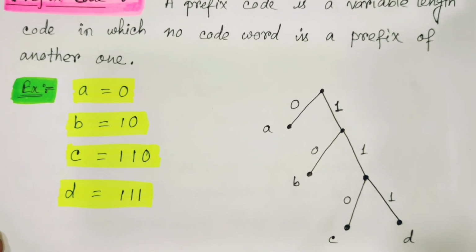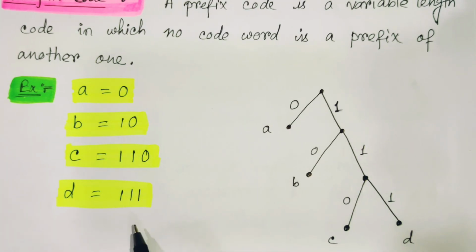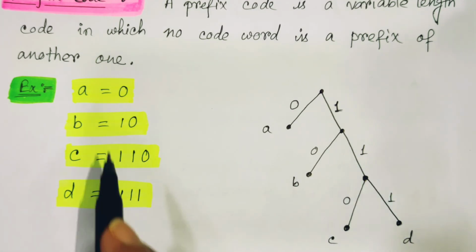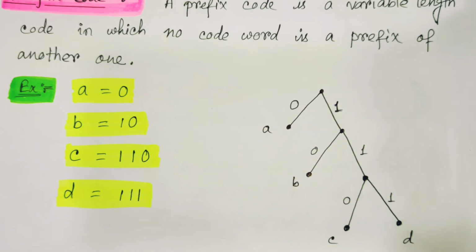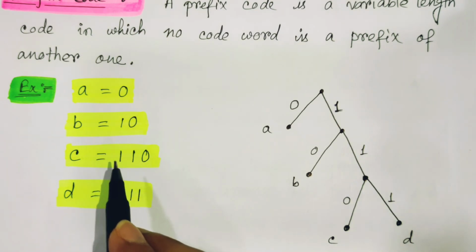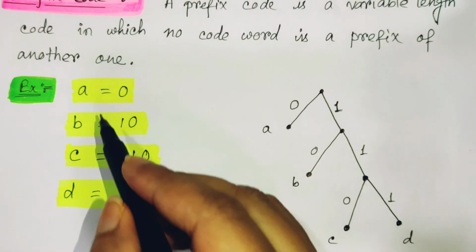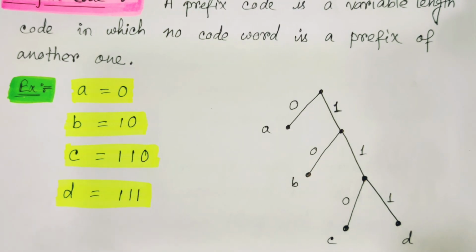First of all, a prefix code means a few variables are there and for these variables we set some prefix codes. Depending upon that, we can draw a binary tree. But these prefix codes are taken in such a way that no variable's prefix code is the prefix of another variable's prefix code. So let us explain. First of all, these are the four variables. For these, if we want to draw a binary tree, let us see how to draw.